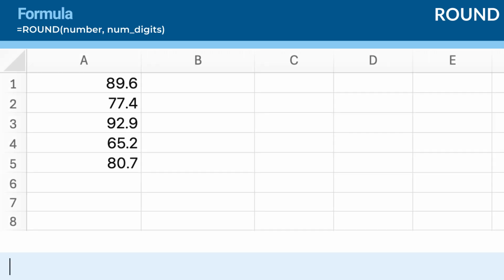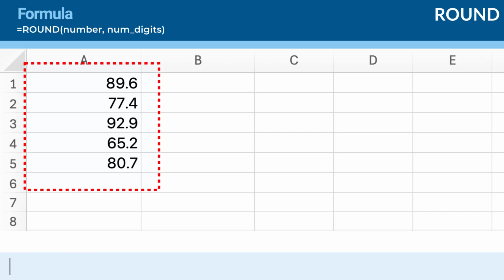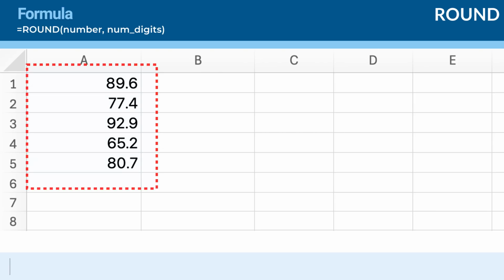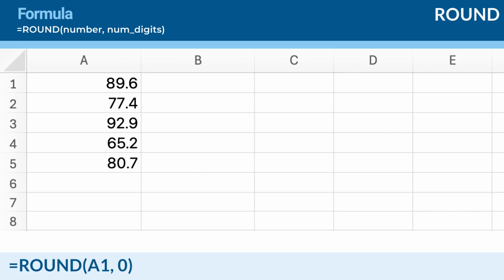Now let's consider a scenario where you want to round a list of scores to the nearest whole number. This is useful when you need to simplify the presentation of data or perform further analysis based on whole numbers. Enter the test scores in cells A1 to A5. These scores are currently displayed with decimal points, but you want to round them to the nearest whole number for a simplified analysis. In cell B1, enter the formula =ROUND(A1,0) to round the number in cell A1 to